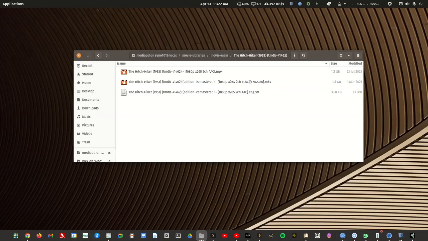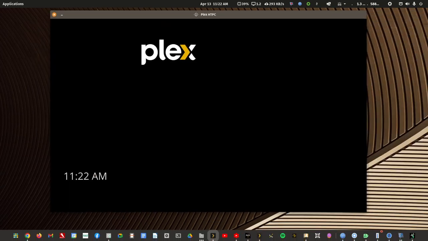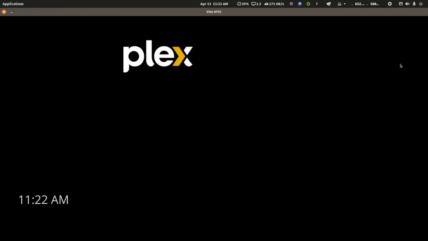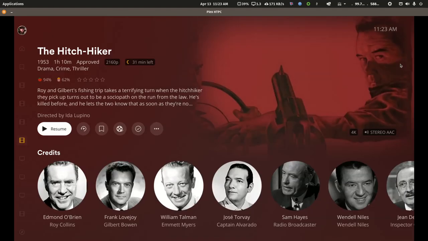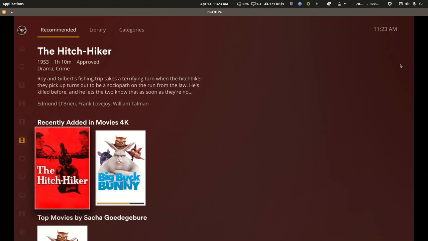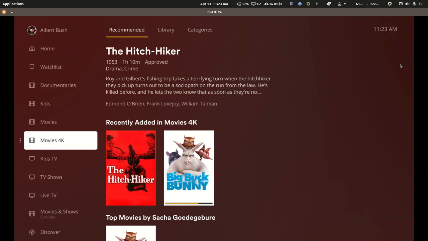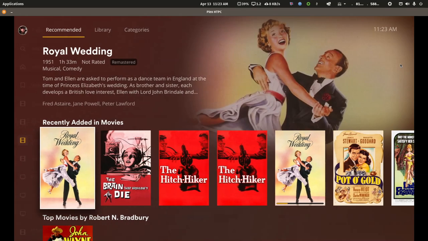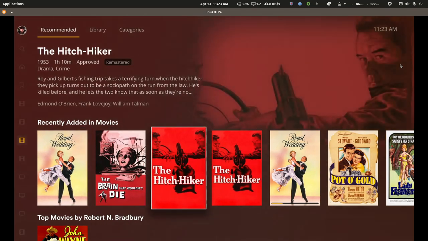Let me bring in the HTPC client app, which is already pointed to this test server. So I have this movie in my 4K library, and I have the movie listed twice in my regular movie library. If you see, this is the one that has the remastered tag. So no matter what I do with this,